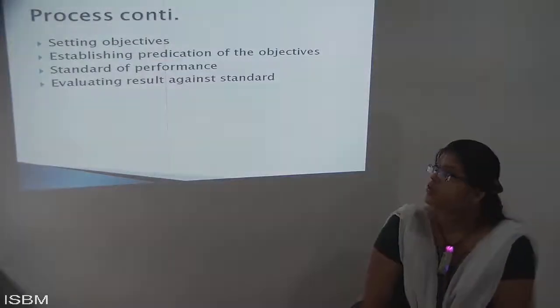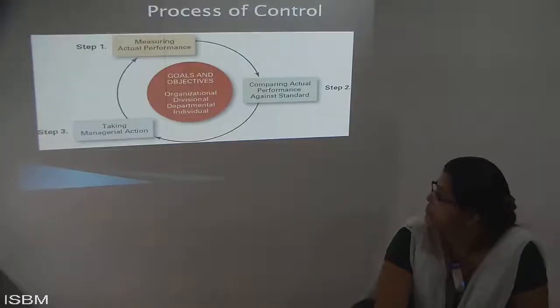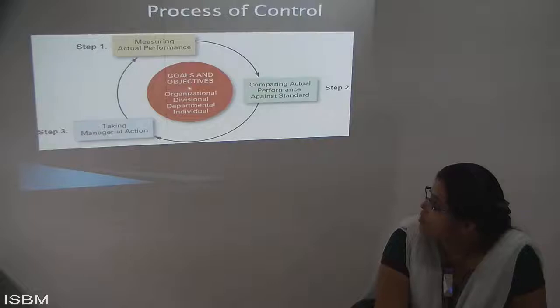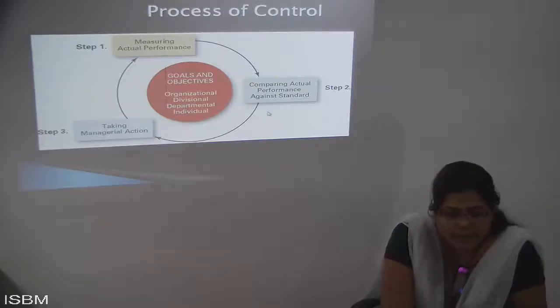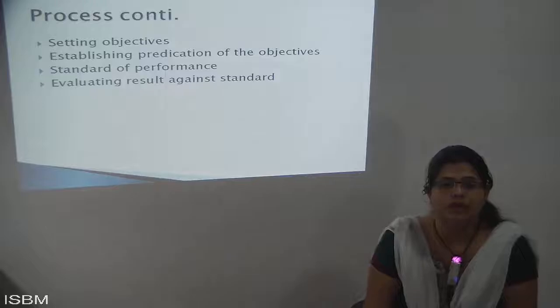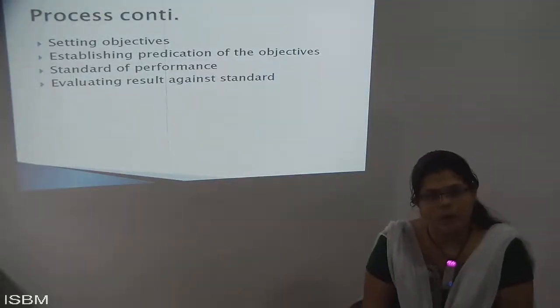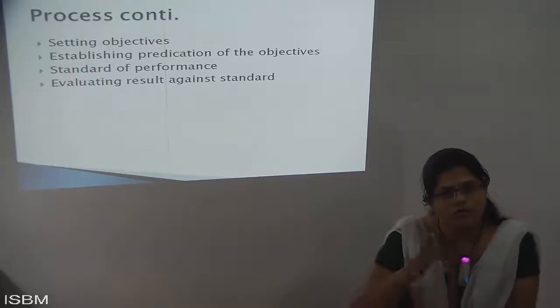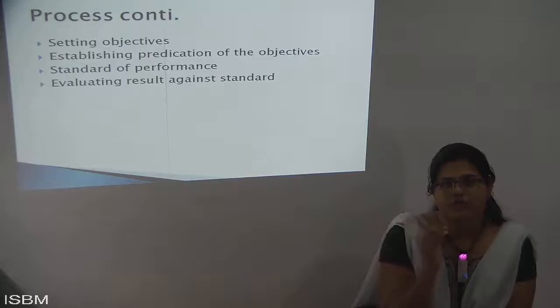First, it is to set out the objective. As we got to know, goals and objectives have already been mentioned for different types of departments, organization-wise, division-wise, department-wise and individual-wise. So that is why we are setting certain kinds of objectives, so that each and everything will be proper. If I go to the process side, ultimately I can set certain objectives.